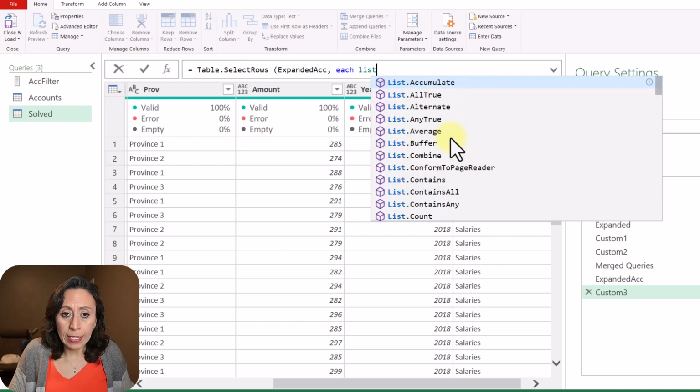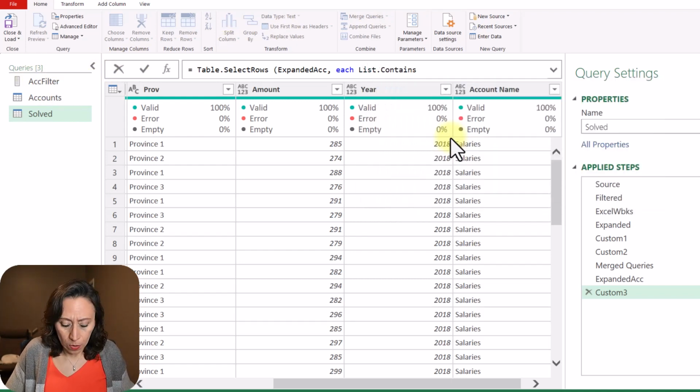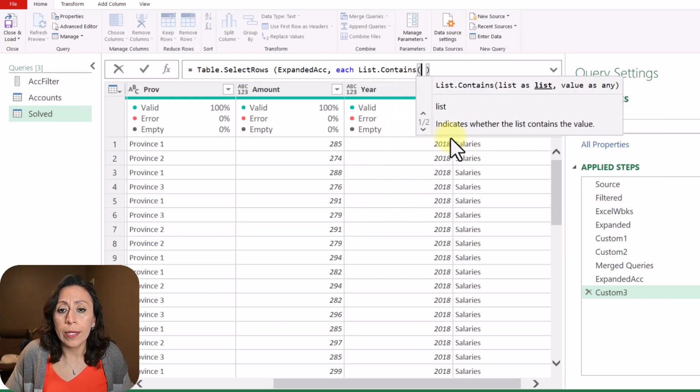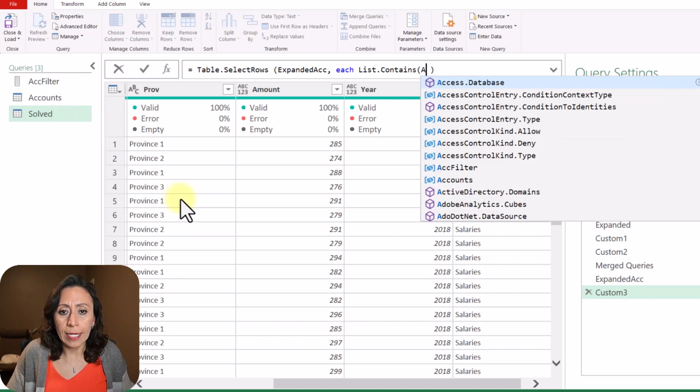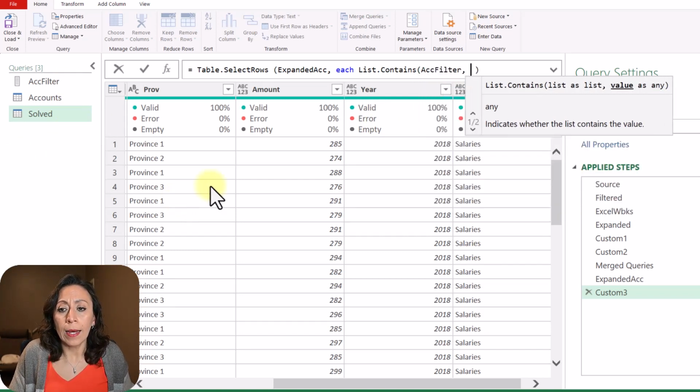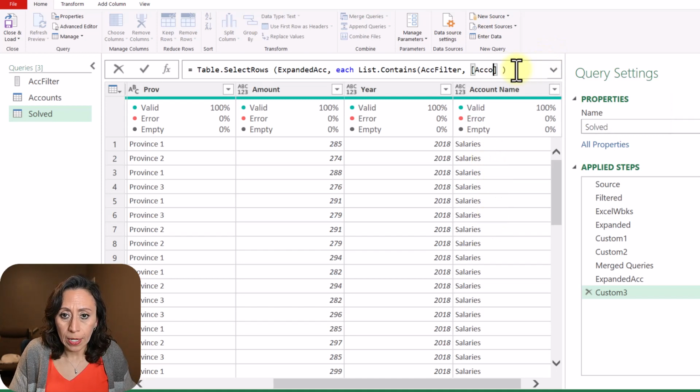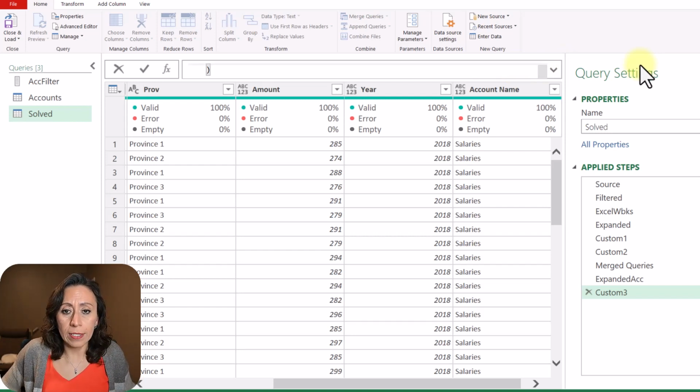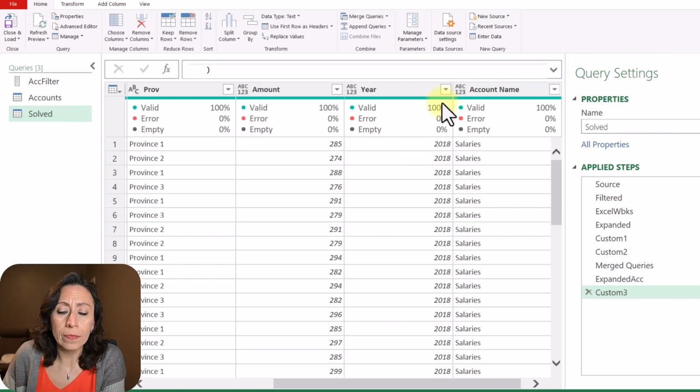So I'm going to say List.Contains, open parentheses, I need to provide the list. The list will be account filter, ACC filter. That is my list, comma. And I want the value to come from my column, square bracket, account name. That is the value. The value will come from there, close parentheses, and I'm going to press enter.